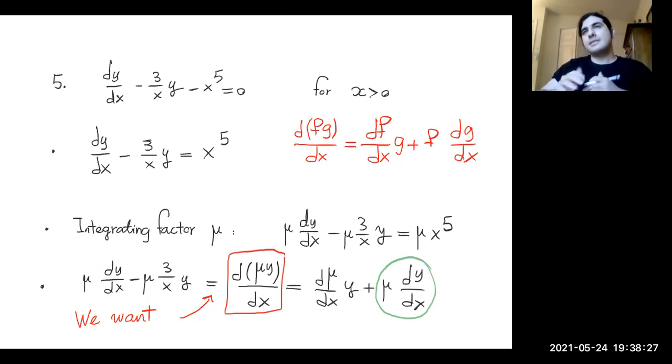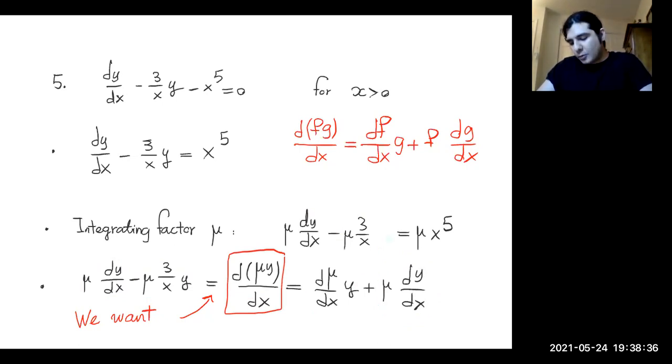But that's the way we are trying. Maybe it works, maybe it doesn't, right? So if the left-hand side wants to be equal to this thing, since d of mu y is equal to d mu dx y plus mu dy dx, these two things should be equal,